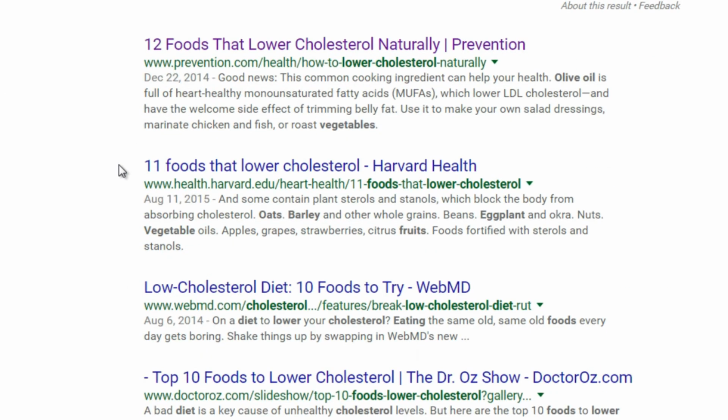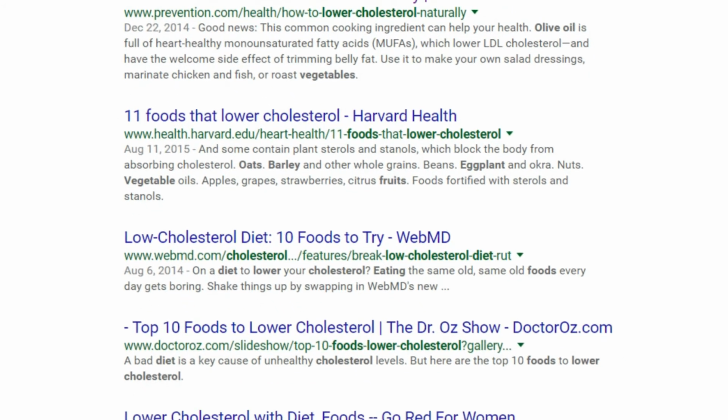So if we scroll down, we can see top 12 foods that lower cholesterol. And you'll notice this, a lot of articles are moving more towards 12 things or top 10 things that lower your cholesterol, or top 10 different types of cardiovascular exercises that allow you to lower your cholesterol, or even top 10 foods that you can still eat that are tasty that can lower your cholesterol. So let's just click through here. We'll click this one here, and let's just start from there.